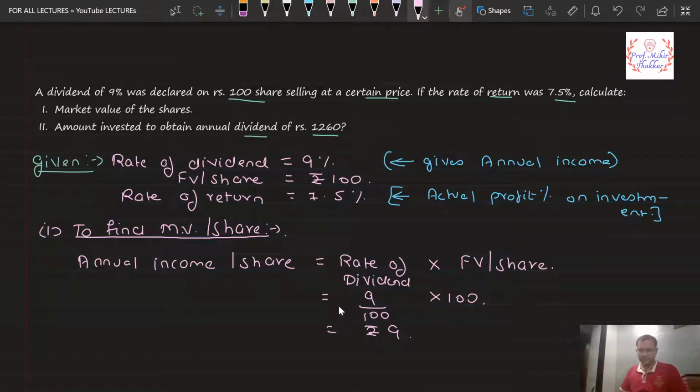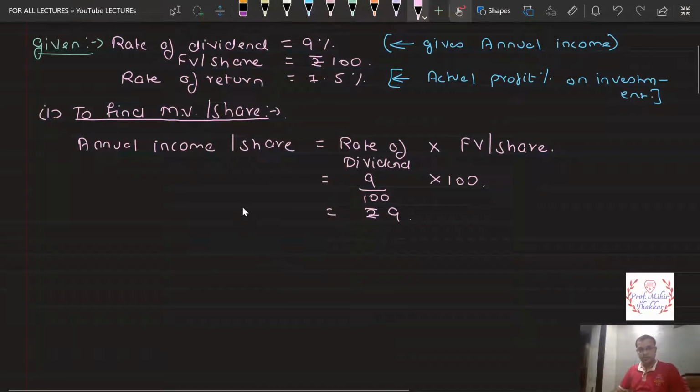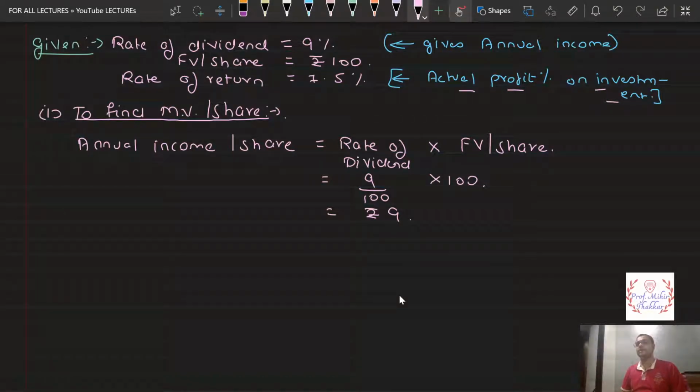So that is the amount that the person will receive per share per year as long as he holds the shares in his account. Now because I want to find the market value, remember actual profit is on investment. Investment is generally done at the rate of market value per share and not at the face value per share, because that happens very rarely. In this case, because they both are different, it is very clear that the dividend rate and the profit percent are different. So I consider rate of return